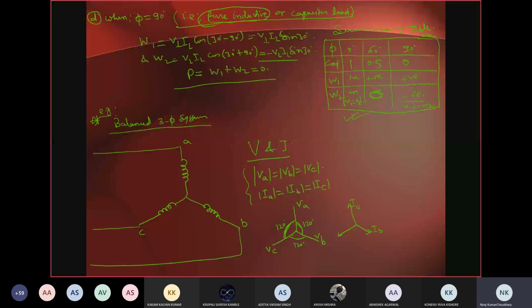So there should be a phase difference of 120 degree between any two adjacent phases, right? If these conditions are satisfied, then only we can say that our 3-phase system is